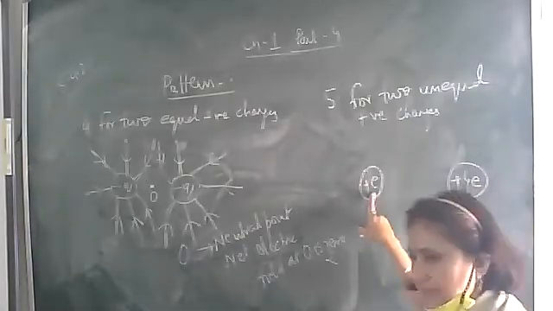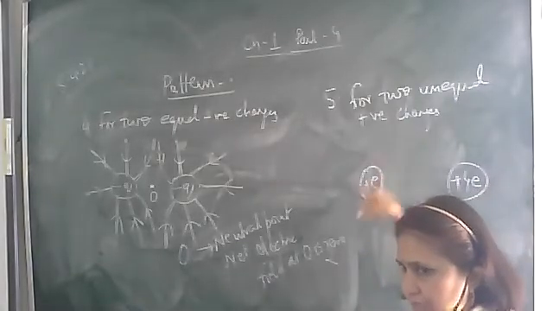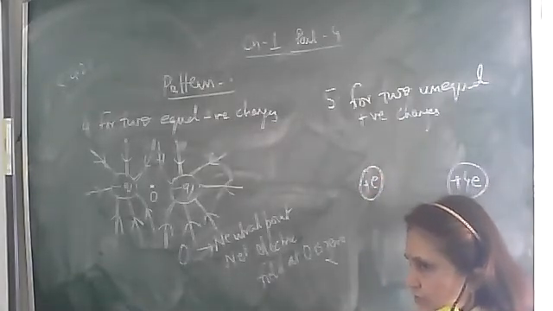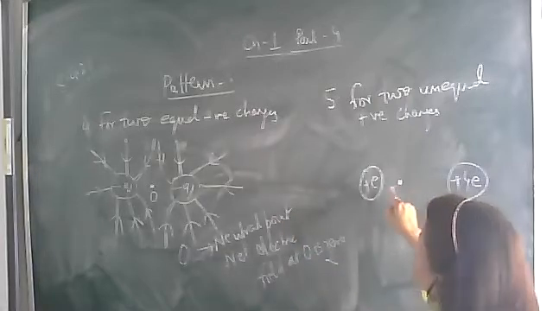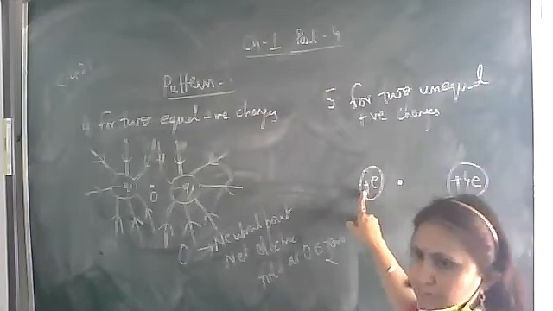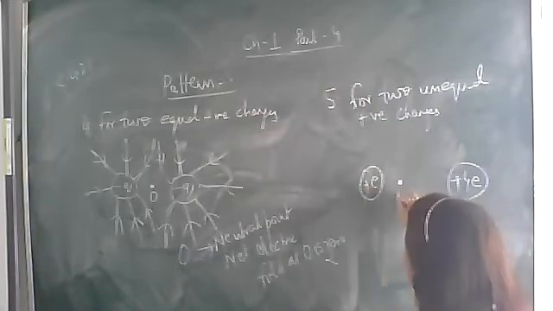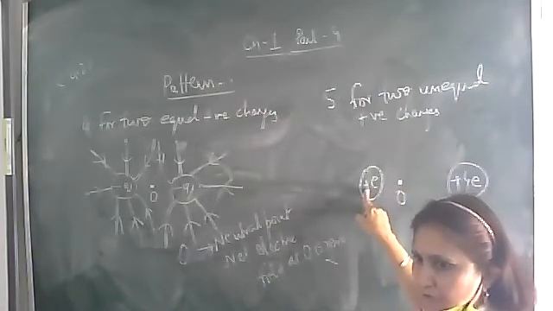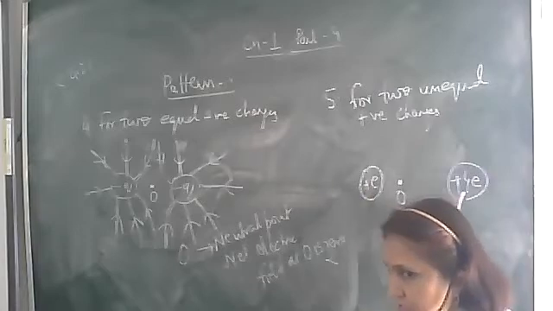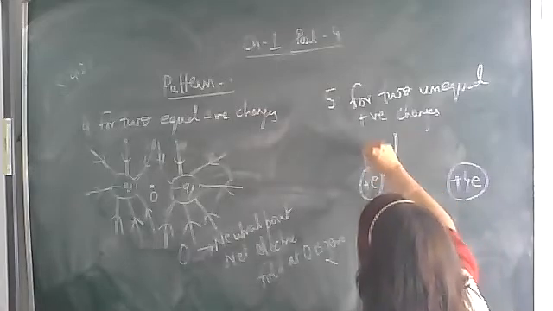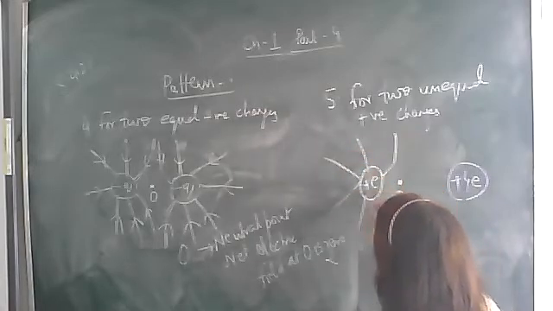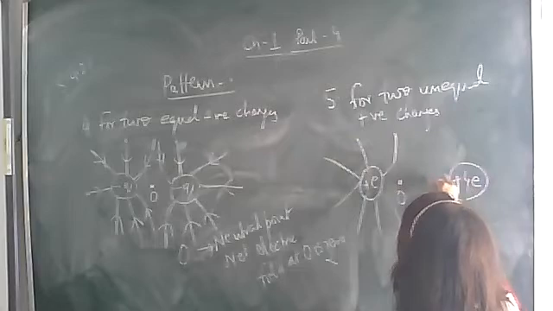Okay, pattern for plus charge. It will be outwards only, plus 4E, this will also be outwards. Neutral point will be there, but the neutral point will shift close to the smaller magnitude charge. Now O point will be closer to plus E. Which one is smaller? E is smaller than 4E, isn't it? So the neutral point will shift closer to the smaller magnitude charge. Otherwise, you have to draw the pattern in the same manner, but the neutral point will shift close to the smaller charge,